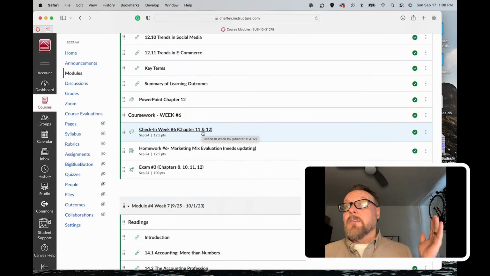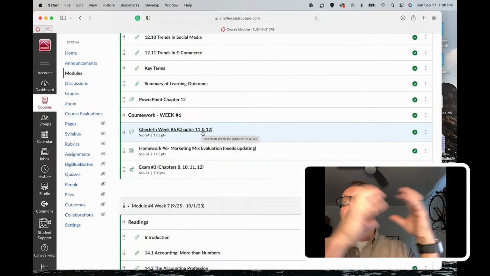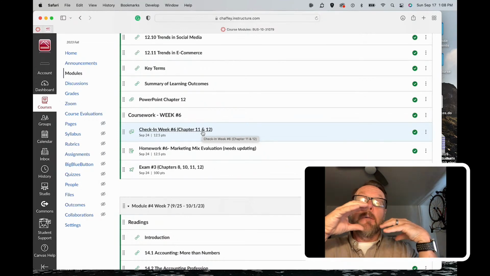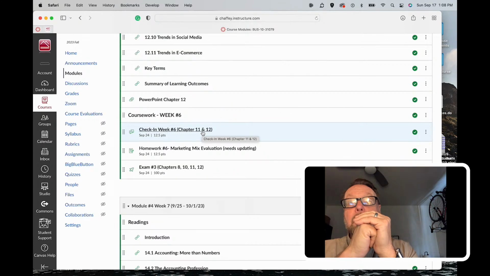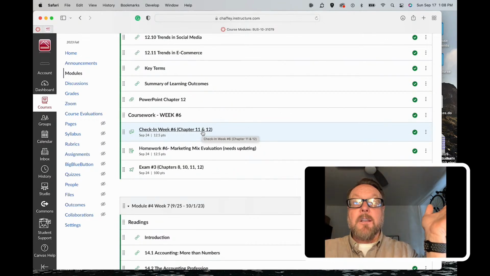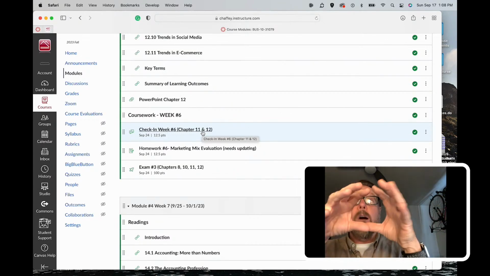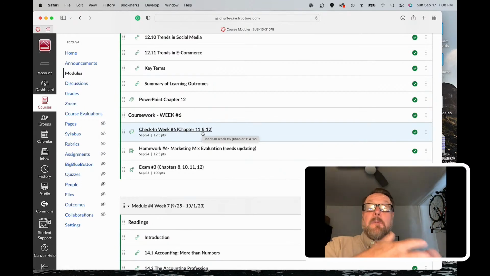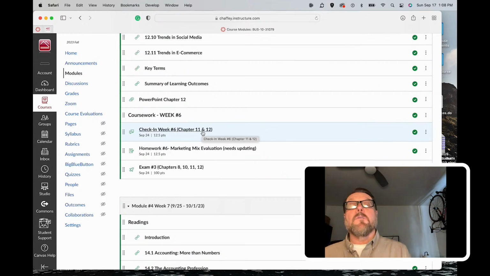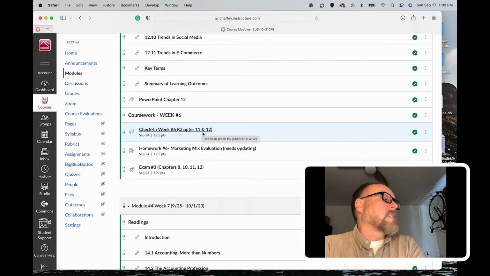So how do they do their promotions? How do they do their pricing? How do they do their placement of their stores? What products do they have? And which one of those is their, where do they put their most emphasis of the 4 Ps? Because basically every company uses the 4 Ps of marketing, but they put more emphasis on one than the other. And so you're trying to define and determine based on what you're going to be researching on In-N-Out Burger, where do you think they put their most effort, and how are they doing each of these 4 things? So that's the homework assignment.